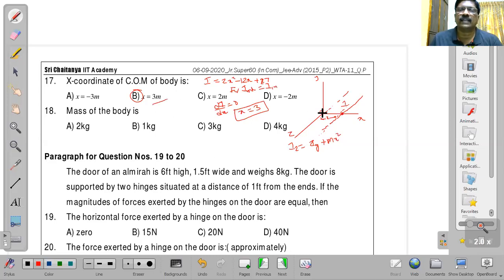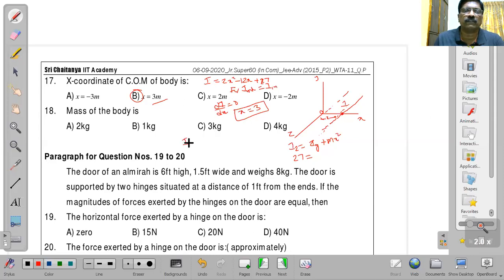Now as x is equal to 0, you substitute, because about the z-axis which is passing through the origin, x is equal to 0. When you put x equal to 0, I is equal to 27. No? That's why here 27 is equal to Iz, the moment of inertia about an axis passing through the center of mass parallel to the given axis. That is the minimum moment of inertia. At x equal to 3, the moment of inertia is minimum. You substitute this x equal to 3 in this equation.